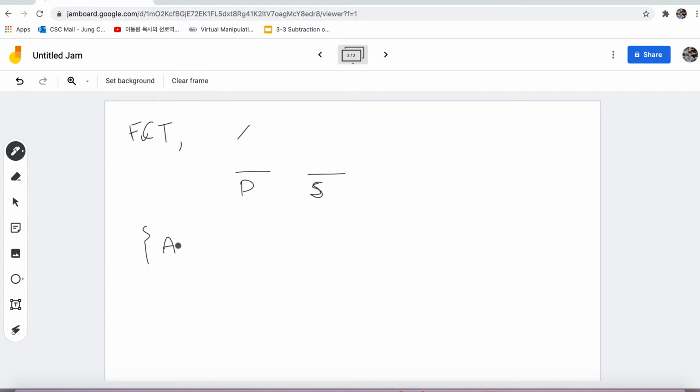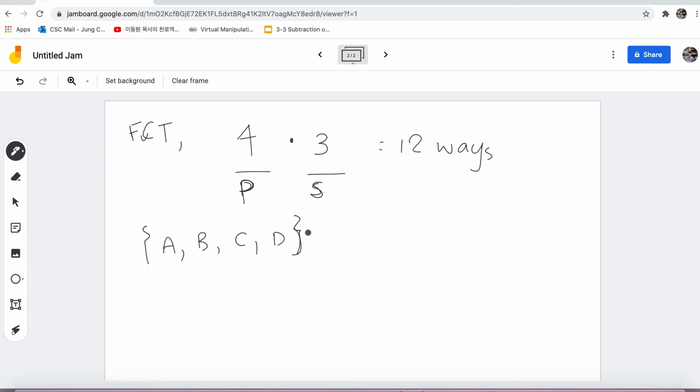There are 4 people: Al, Betty, Carl, and Dan. Out of these 4 people, how many ways are there to choose a president? There are 4 people who can be the president. If one of them is chosen, there are only 3 different ways to choose the secretary. So using the fundamental counting theorem, there are 12 ways to choose 1 president and 1 secretary